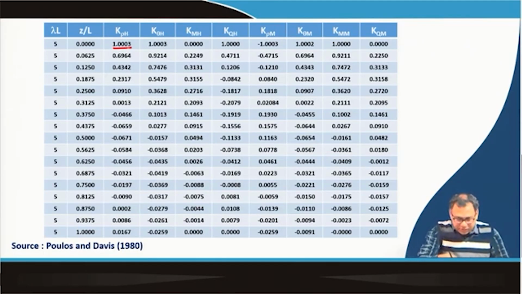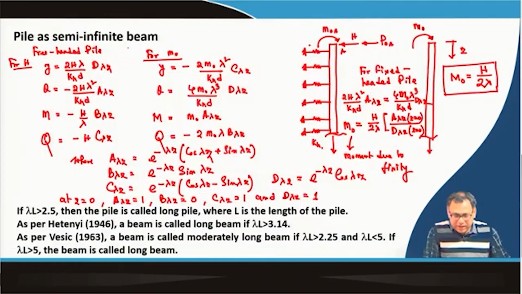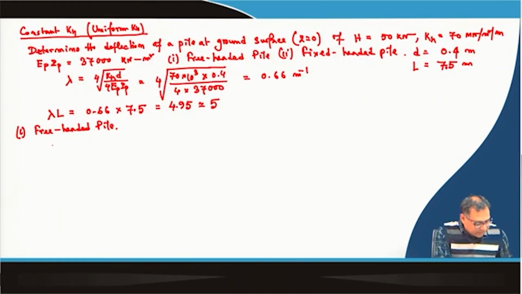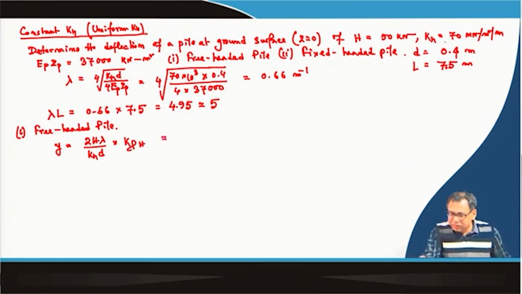So, according to that coefficient value you have to consider. Here it is 1.003. Now I will put this value. For a free headed pile, y is equal to 2 h lambda by lambda k h d into k rho h, and rho h at z equal to 0, because we have to calculate the settlement at z equal to 0. We have calculated it as